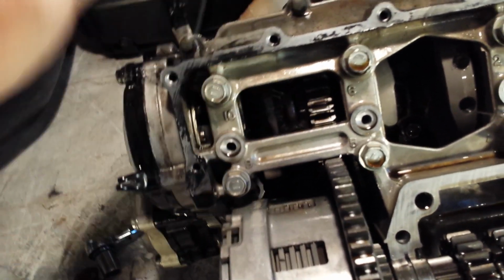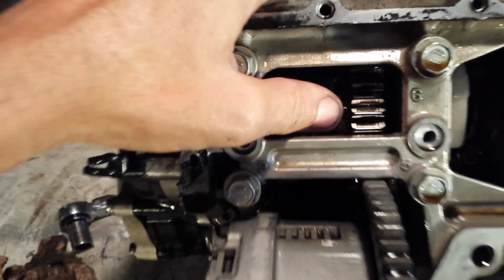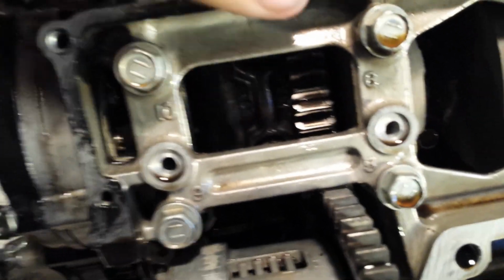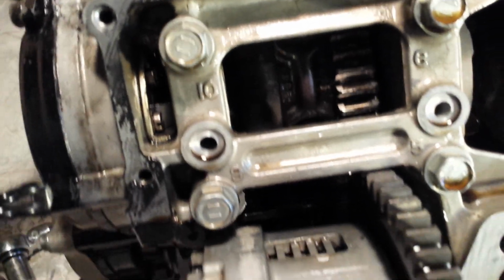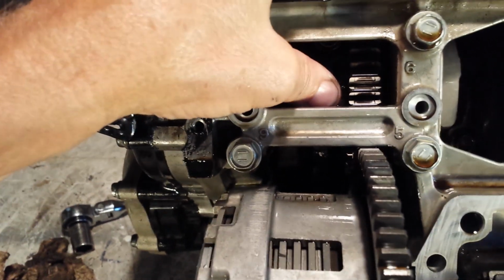See there? Push it down, my bearing's gone out. I push on the piston, push it back up so it moves. A little closer. There. Knock, knock, knock, knock, knock, knock. That's it. So that's a fixable